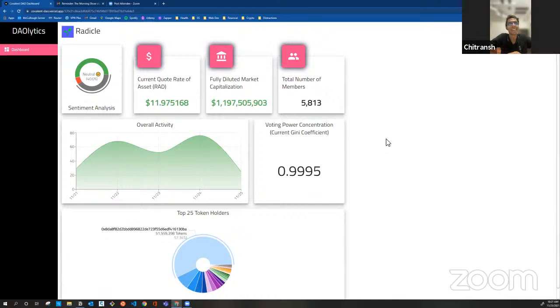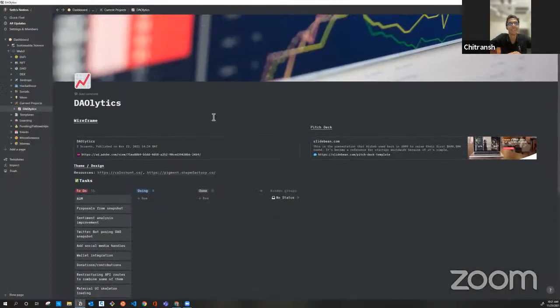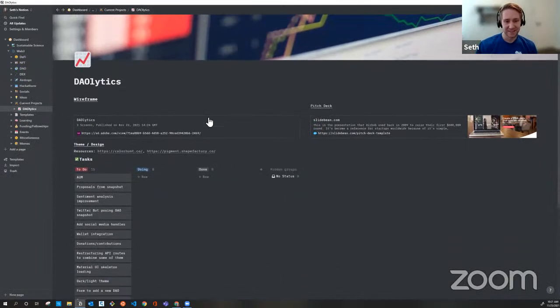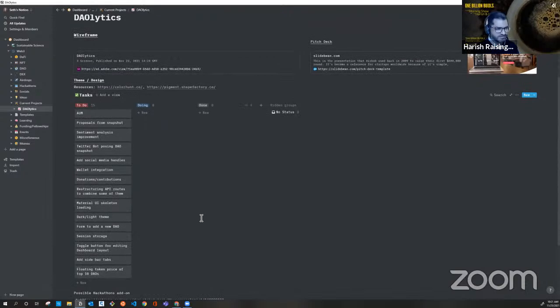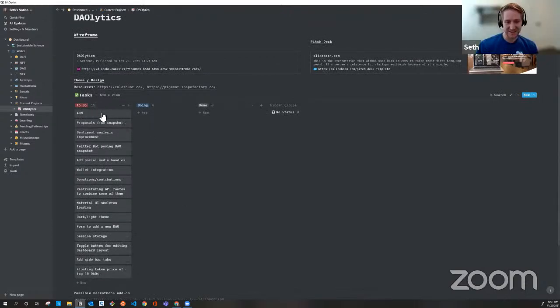Yeah, so we have created a Notion dashboard where we are tracking all the progress that we are making. Oh wow, nice. Yes, we've got the whole project board and everything going on here. There's a lot to do. Yeah. So these are the main things for the future that we want to incorporate.